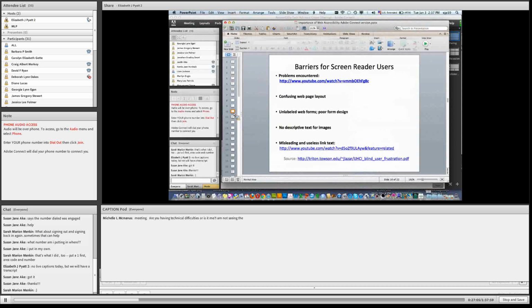Here are some of the things that are very confusing. This comes from an article that I found. Actually, Christian Vitten Johansson put me onto this article. It was based on a survey that they had done of people who were blind from the National Federation for the Blind. And the main thing that I think screen reader users have barriers to is confusing web